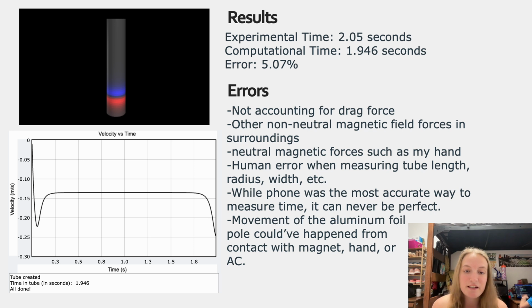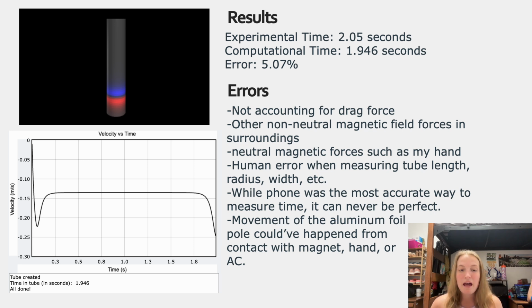Alrighty, and then here's the results. The experimental time was 2.05 seconds, while the computational time was 1.946 seconds. The image you see in the top left, the blue is the north end of the magnet and the red is the south, and it's just showing it falling slowly. And then we also have a graph of velocity versus time. As you can see, the experimental and computational do not match,